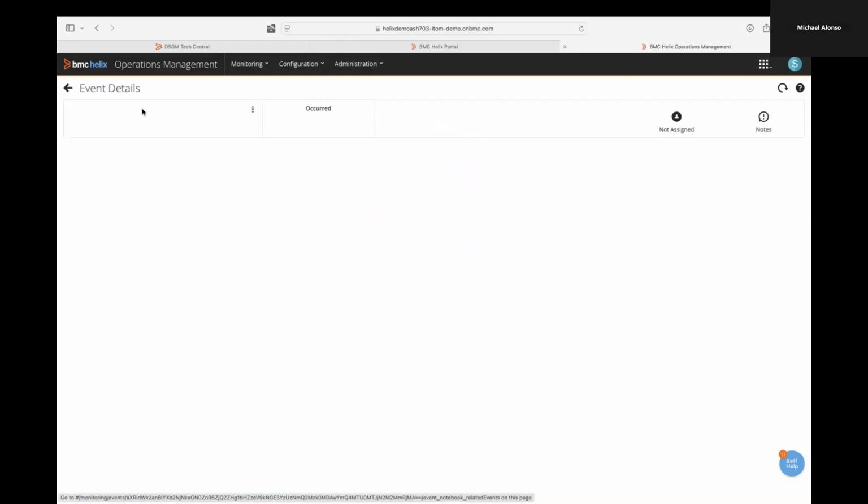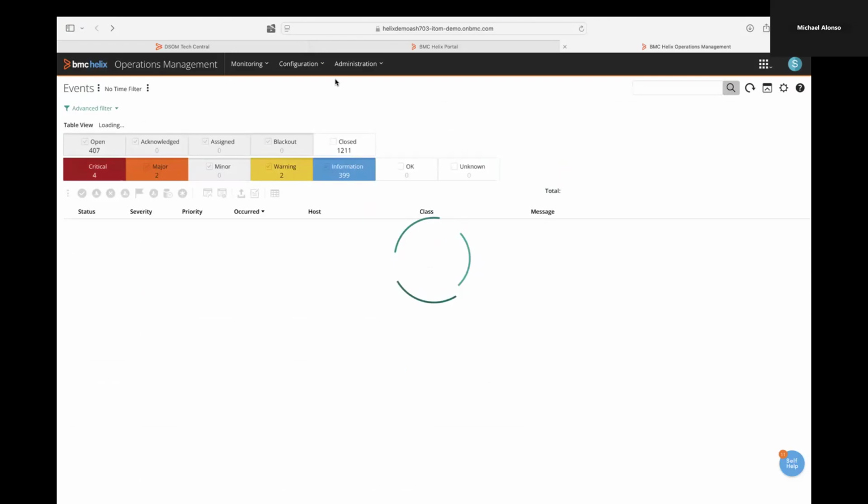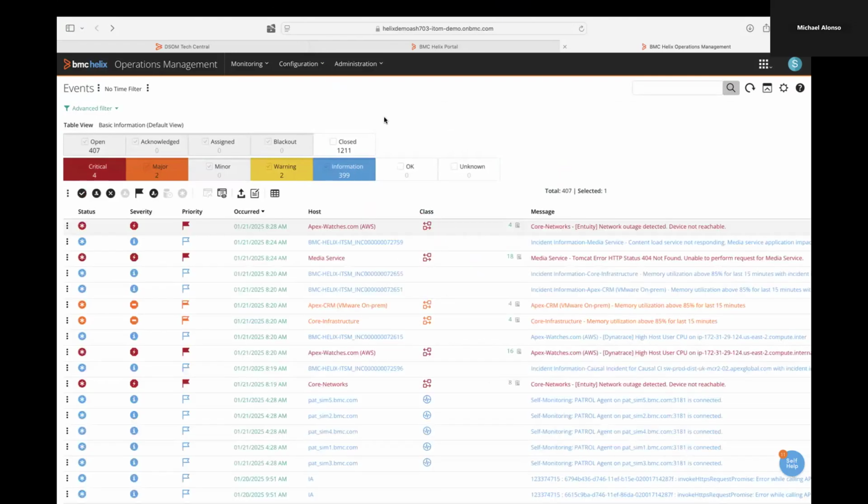But essentially, what that means is there are 18 related events, and we'll see those 18 related events in another view here. There are 18 related events that came in from media service from disparate different systems. And what the system has done is aggregate those 18 events into a singular event, saying, hey, we had 18 things come in, but the important thing for you to know is the media service is being affected. Here's what's being affected, and here's all the 18 associated events.